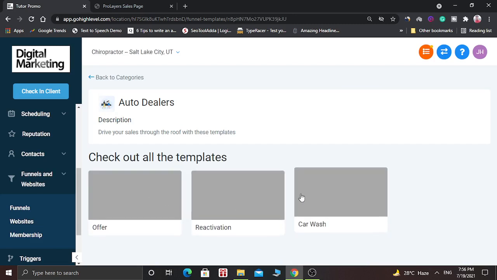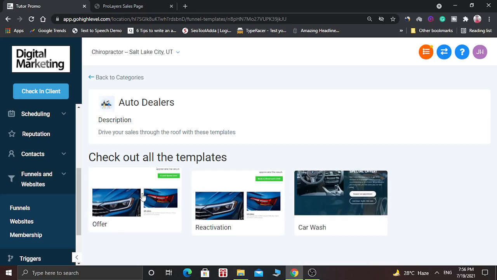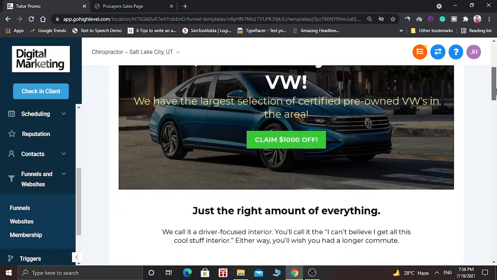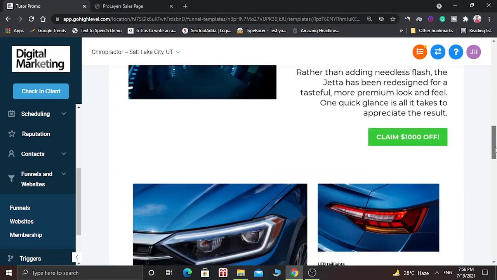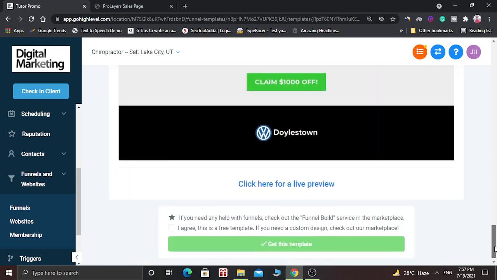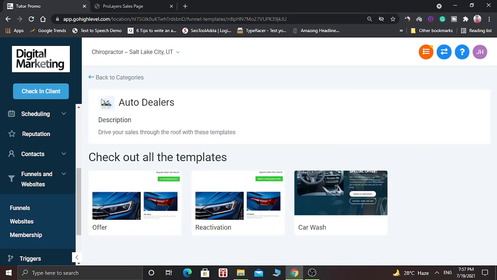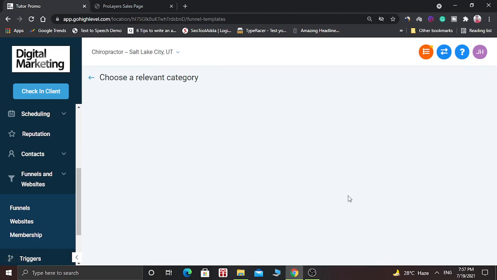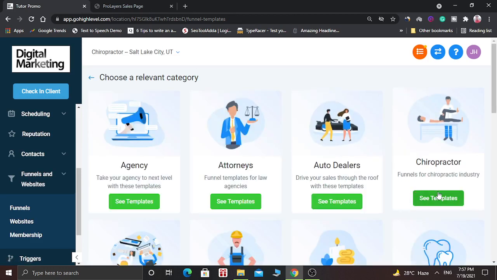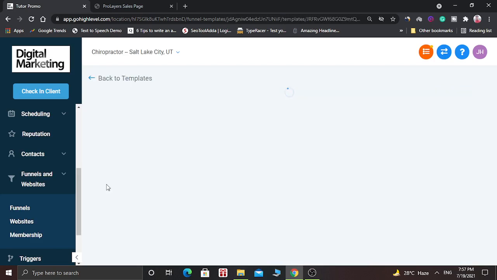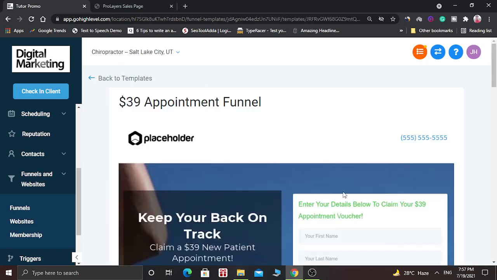There are three funnel templates that are already available. So this is the template. And let's see the template for chiropractor. This is the template.